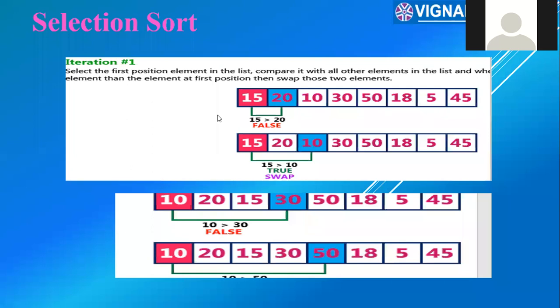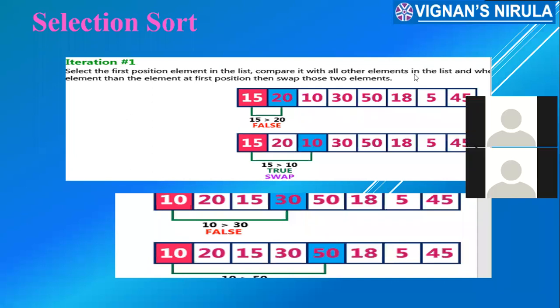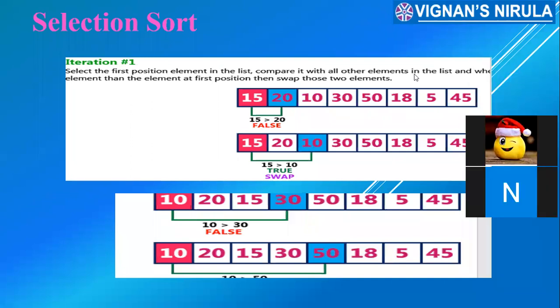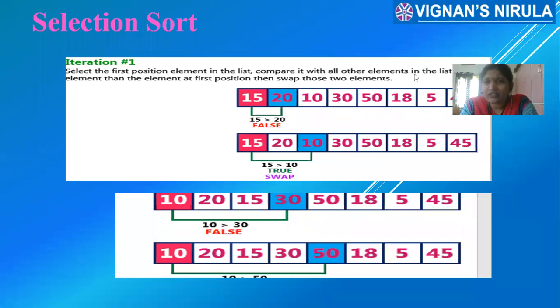In the next pass, A of 1 has to be taken as smallest, and the rest of the elements have to be compared with A of 1. At which position the smallest element comes, that position has to be swapped with A of 1. Likewise you need to explain the algorithm. So try to do that. Be fast.